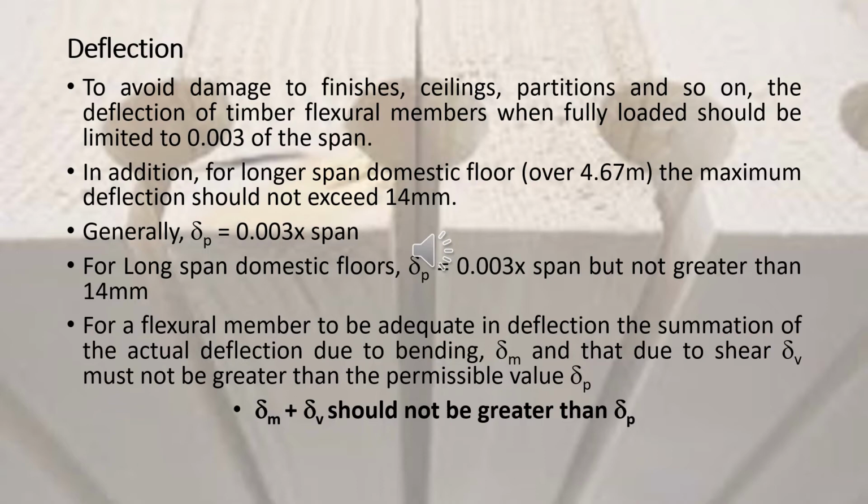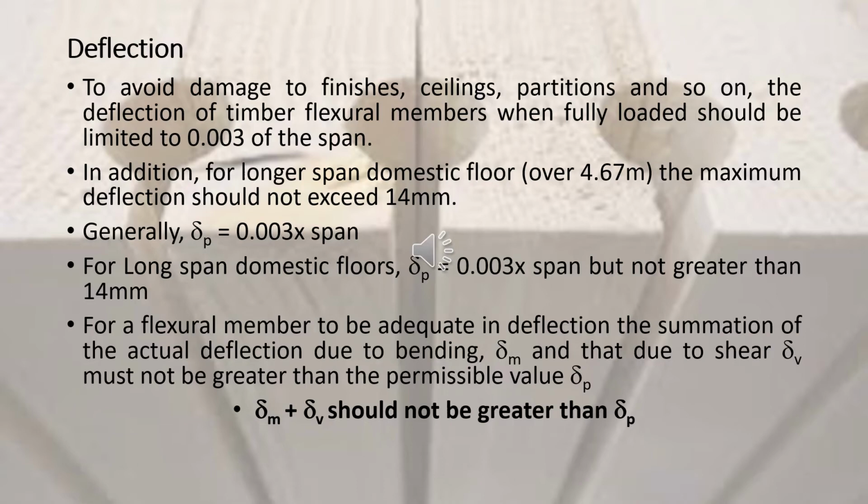For long span domestic, it should be 0.003 times the span, but not greater than 14 millimeters. So these are the two conditions you need to follow, you need to abide by when you're checking the deflection